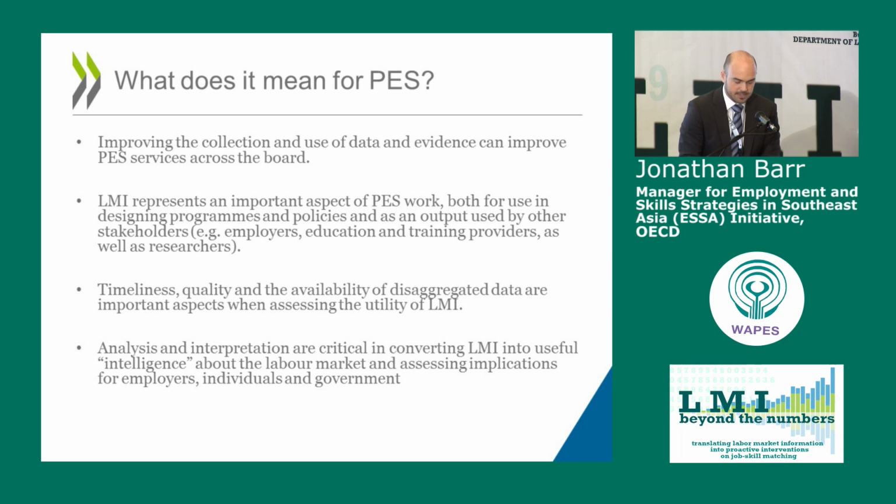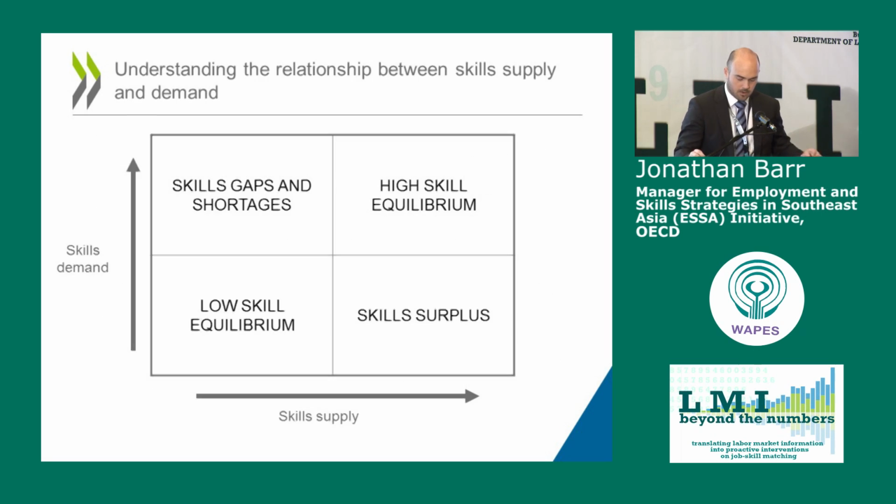So within the OECD, we've been looking at the local level because that's really where implementation matters. And what we see is that local labor market information can help with the diagnostic of the relationship between supply and demand. There's strong regional variations we know that exist within unemployment rates, but also how the education system is meeting the needs of employers locally, which can lead to skill shortages. So national policymakers need to be sensitive to these variations.